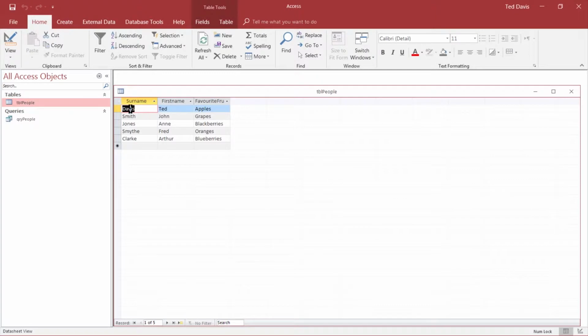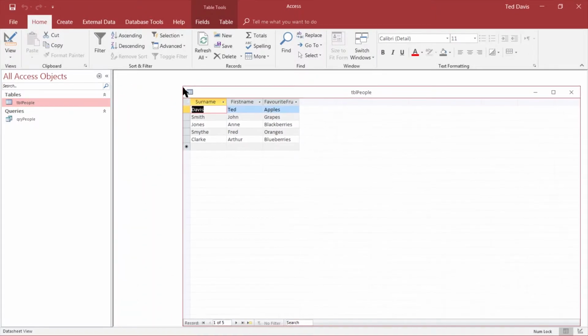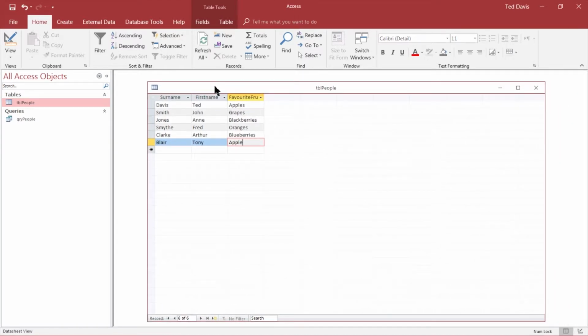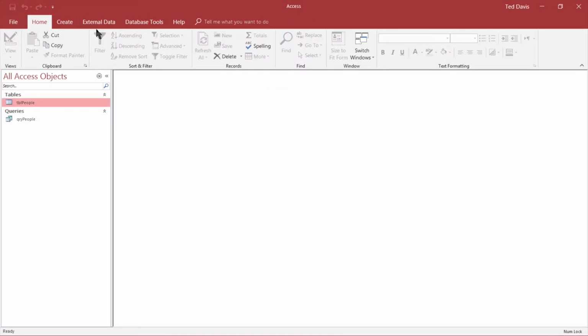But this table is a bit dodgy. I mean, we could put in another guy. And because I'm a person typing in data, I'm going to put apple instead of apples. And you can imagine that when you're trying to filter or sort data, that could be a problem. So is there a better way to do this? Well, yes, there is. So let's create another table